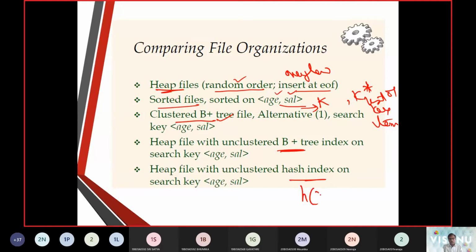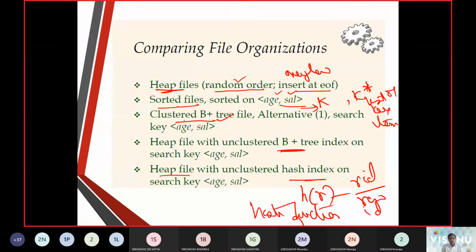H of R: H stands for the hash function, R stands for the row ID. So we talked about heap, sorted, clustered, and heap file with unclustered, that is unordered. And the next one was the unclustered hash index.